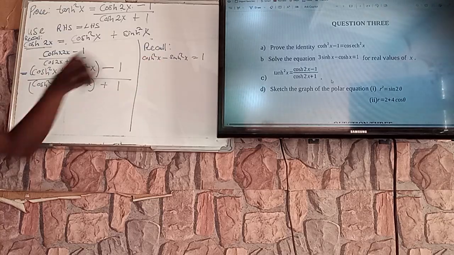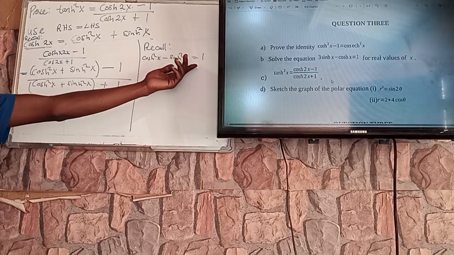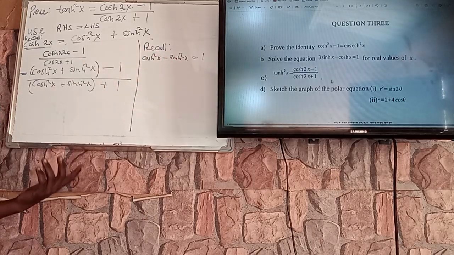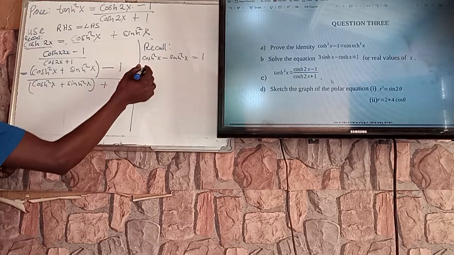So obviously I can make one guy the subject here. If you want, you can make sine the subject. If you want, you can make cos the subject. I'm sure it will still work around. So I'm going to make cos the subject here. It means that cos,